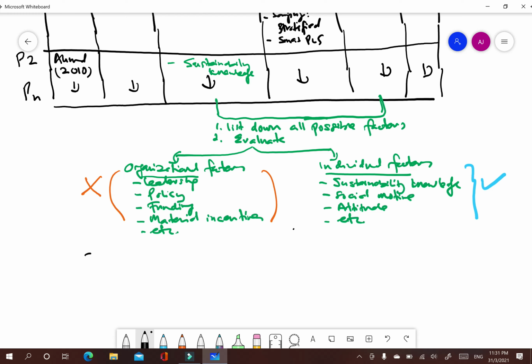So based on those tables, all these factors you can illustrate how these factors are related. For example, based on this, this sustainable knowledge, for example, is a factor, and also social motive, for example, the second factor,